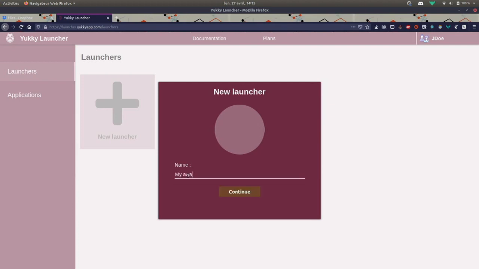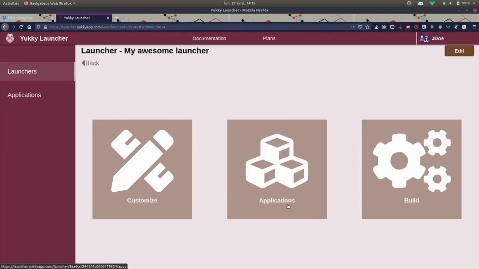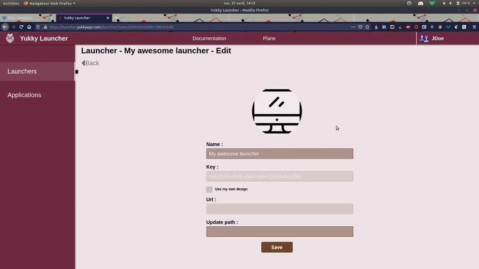Let's call it my awesome launcher, and we will arrive here. The first thing we can do is go to edit, and here we can rename our launcher or do some other things like those two. The first one, use my own design and provide an URL to this design,